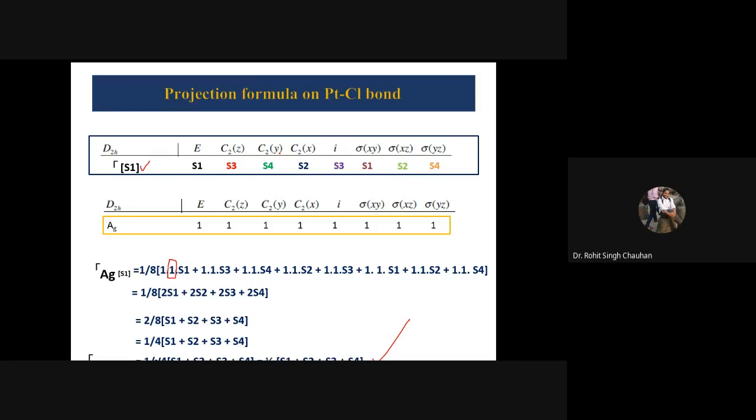X is always perpendicular, right? So it is not going to make any change in the bond. Same for the XZ case, what will happen? It will be exactly perpendicular, passing through, so S1 is a mirror image of S2. And in the case of YZ, what will happen? S1 is transforming to S4.